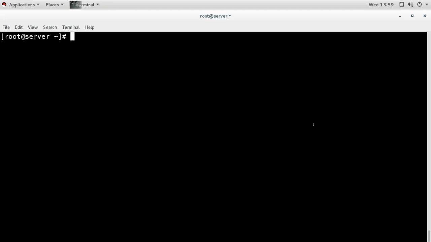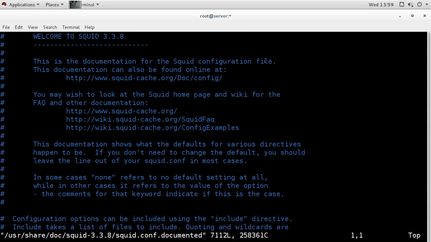And if we want to know all those options, I will show you the file where you can get these options. There is /usr/share. Under this directory you have a sample configuration file, squid.conf.documented. You can check this sample file for different ACL options.